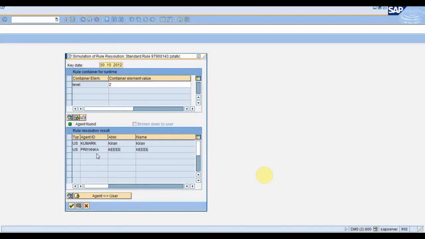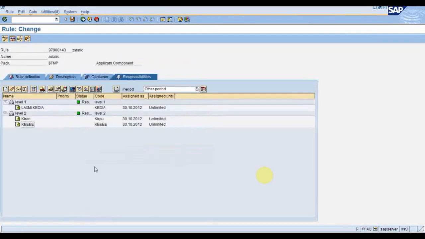So what I will have to do is pass the value of level from the workflow, and the users will get populated out of that rule, and that work item will be sent to those users. This is how rule behaves statically. So any doubt on this rule simulation and this rule assignment? First let me know, then only I will move forward with the workflow and how to integrate it with workflow.